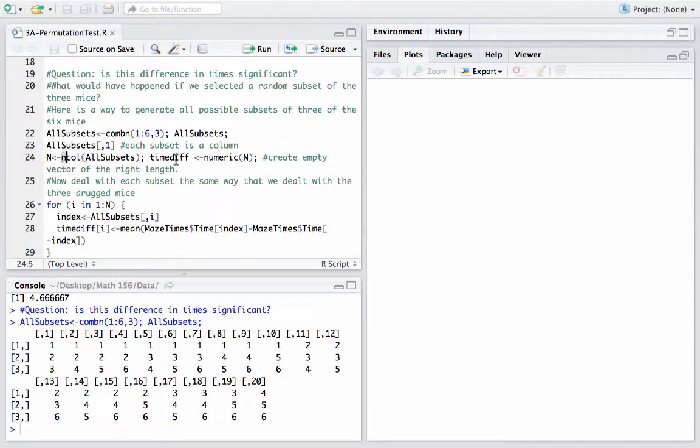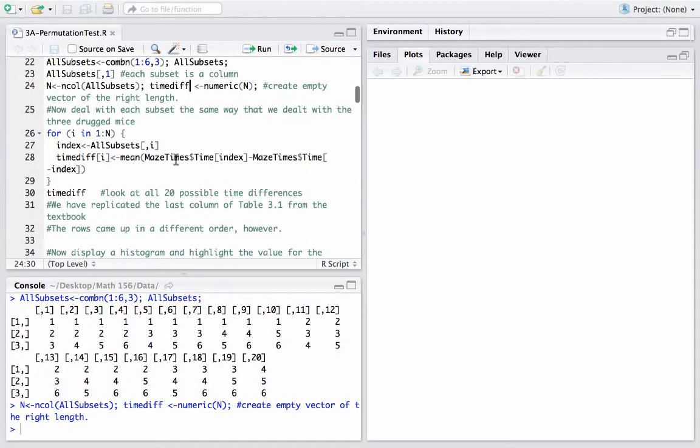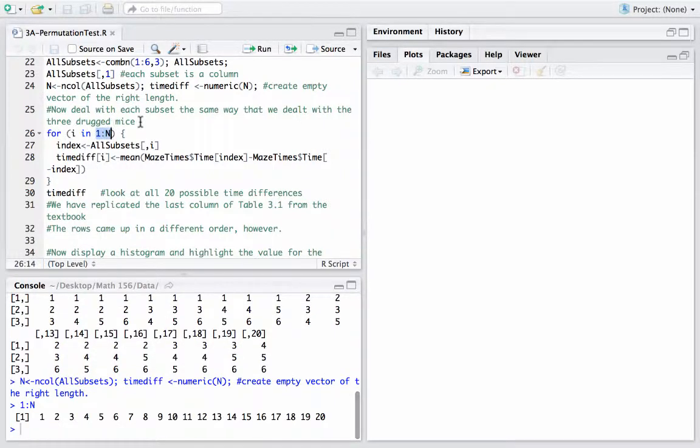We use the ncol function to figure out how many of them there are. It's 20. And then we set up an empty numeric vector that is length 20, so we can record every time diff that we come across. And now we have this for loop. We say for i in 1 to n, which is going to be 1 through 20, right? For i in 1 to 20,